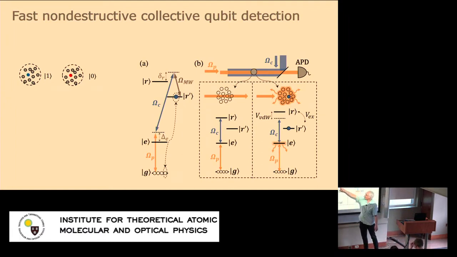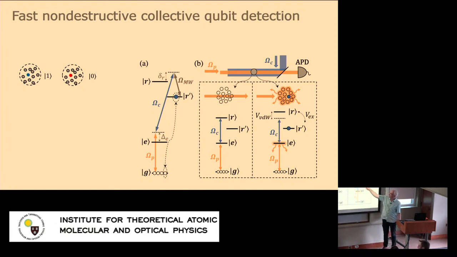So the idea is that we have a Rydberg state here, R prime, that we would like to detect. For us, it's a P state here. And in order to set up this collective detection, we use an ensemble of atoms, hundreds or thousands of atoms, and we set it up in such a way so the atoms are in the ground state that we have so-called Rydberg EIT. We basically have a probe laser. This is the 5P state of rubidium that we shine through the cloud in the presence of a control laser. And if the atom is not there in the Rydberg state, then you have Rydberg EIT. You have strong nonlinearities in the system, but here we are just interested in measuring transmission. So basically, if this state is empty, we have transmission through the ensemble.